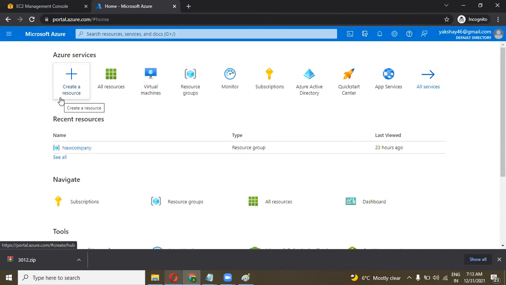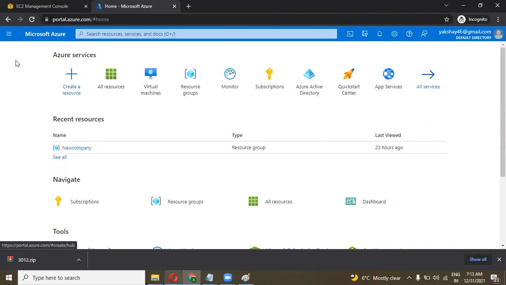Yeah, so right now in my Azure account you can see my dashboard over here. I can also customize my dashboard, but we will see that next. No issue. The resource group is already created over here. We created this resource group yesterday.